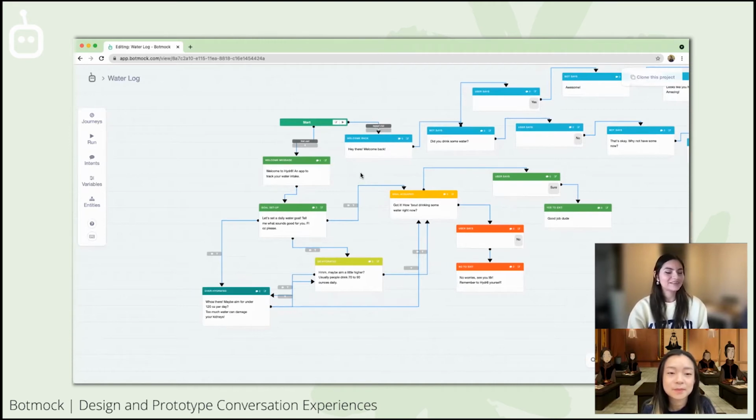When I was explaining this project, I wanted to really showcase what we learned throughout the process. We really overcomplicated this. We wanted to make a ton of different features for our voice app. People could save their drinking receptacle and have a favorite bottle or something like that. Every time they come to the app, they could just say, oh, I drank some water. And the voice application would ask, oh, was it your favorite bottle? And then you could just say yes. And it would score up your tally, and you could listen to your total at the end of the day.